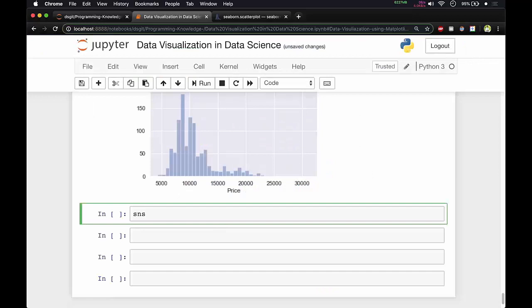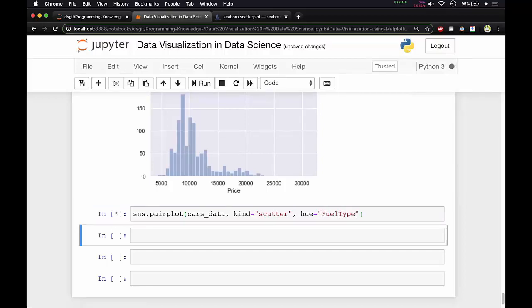We call the sns library, then pairplot, and inside that we'll give the data frame. Then the kind we want to include is scatter, because we like scatter plots. Then hue, we want to do this pairwise plot by using fuel type and all the rest of the columns. So if you run this,